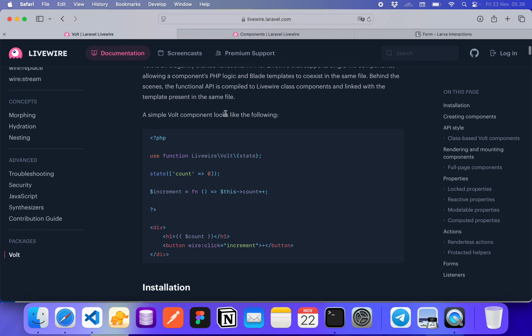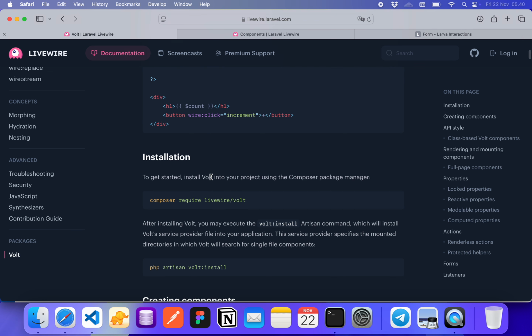I will show you. This is an example of the fold component, where this is the PHP itself and this is the view HTML itself. This uses the fold functional class, but actually we can use a fold class itself, which I will show you later.